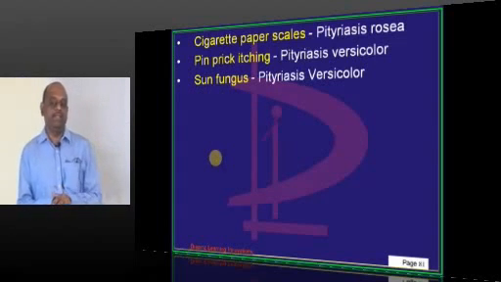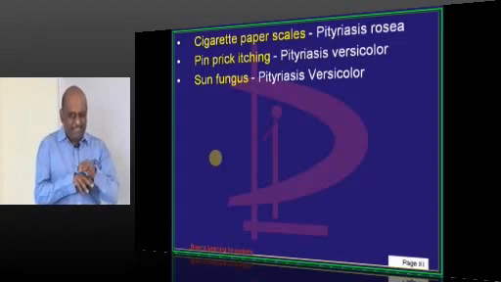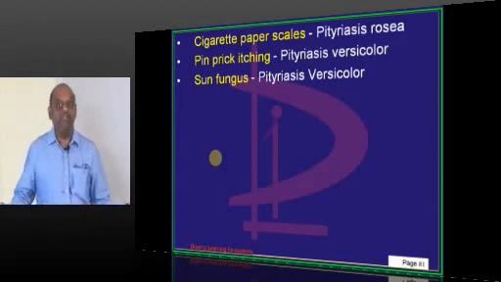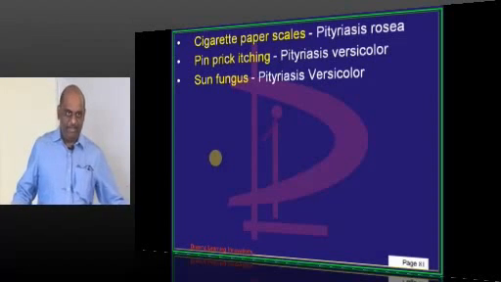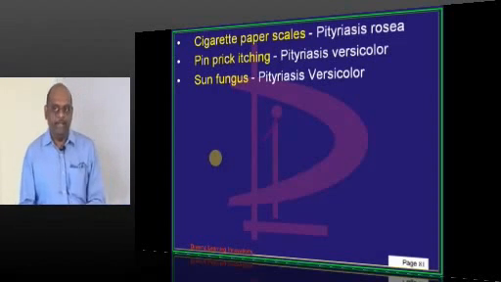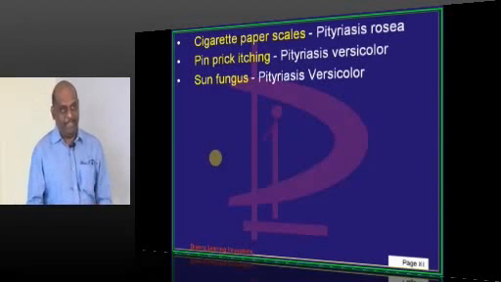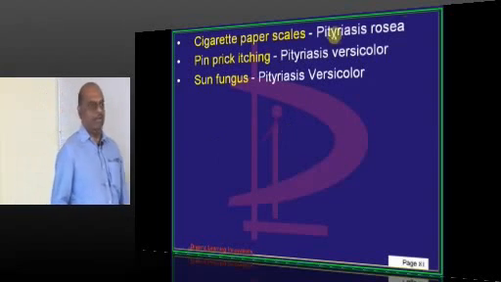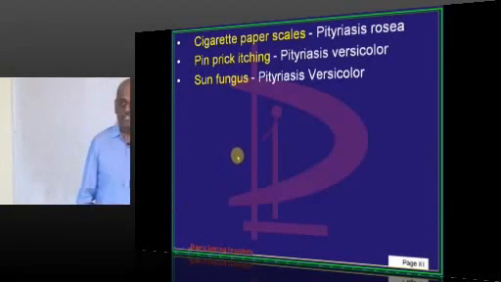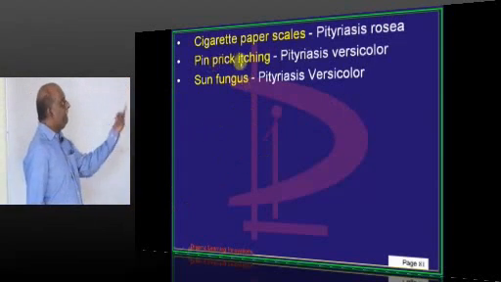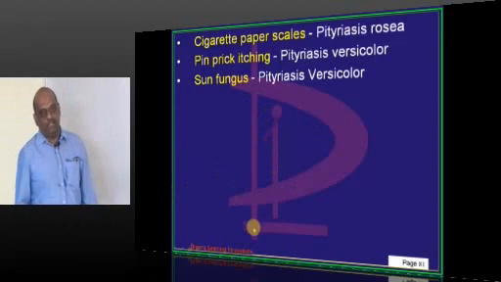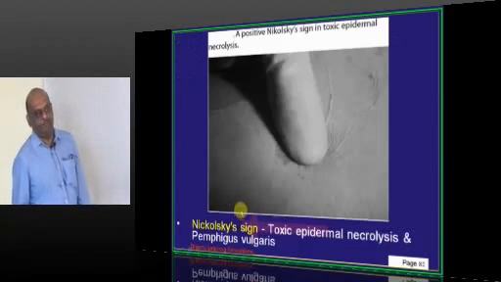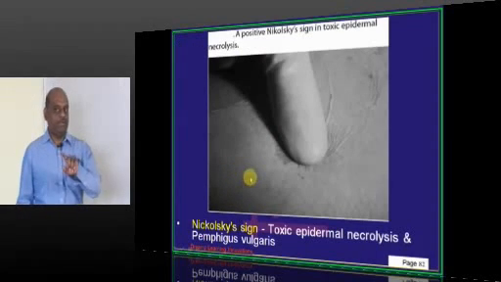Then what type of itching sensation? If you ask the patient of pityriasis rosea, he will say, as if pins are pricking. Itching has various varieties. Be very sure, like red wine, white wine, wine varieties. You have pin pricking type, burning type, sunburn type. Anyway, some of you are going to do dermatology MD. So pin prick itching is a history. Then sun fungus, once more, is a name given for pityriasis versicolor, not rosea.